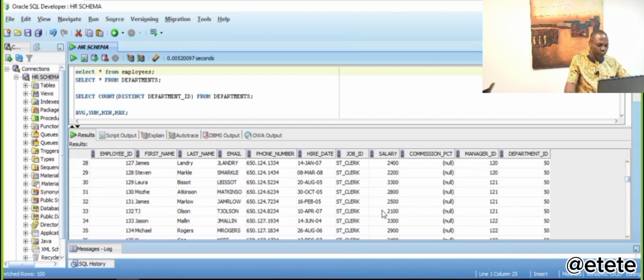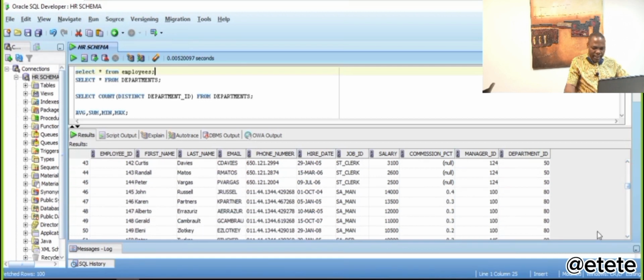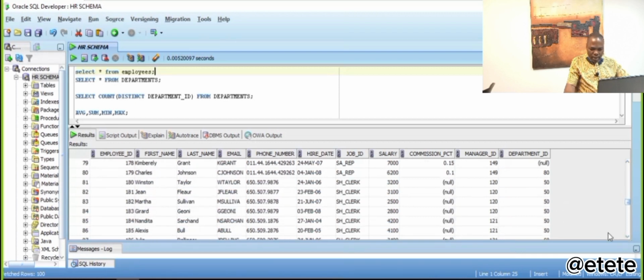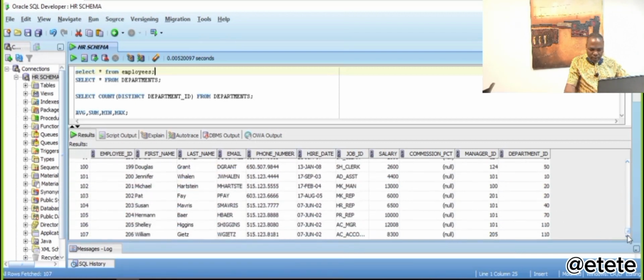But assuming you want to do some calculation, maybe the average salary, you look at this department ID. You can see that we have department 50, department 80, and which other departments do we have? We have 20, 40, 70, 110. Assuming you want to find out the average salary of each of the departments,